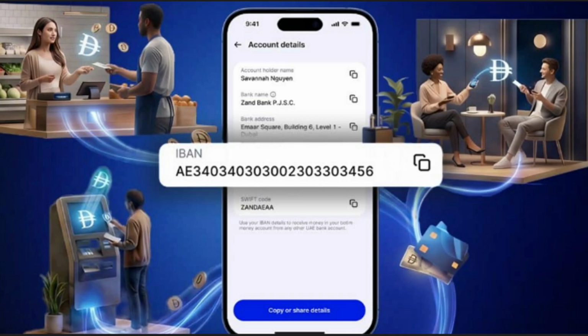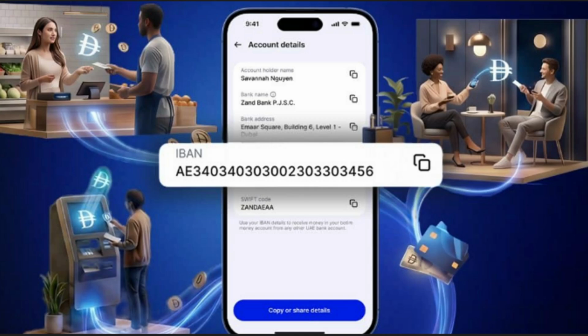Once you have found your IBAN, you may want to copy it for your records. Tap Copy to copy your IBAN if needed. This action allows you to save the IBAN to your clipboard easily. You can then paste it wherever you need to use it, such as in bank transfers or other financial applications. It is a handy feature that saves time and helps avoid any errors when entering the number manually.